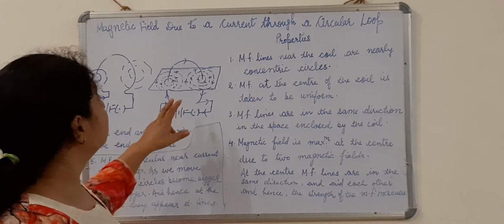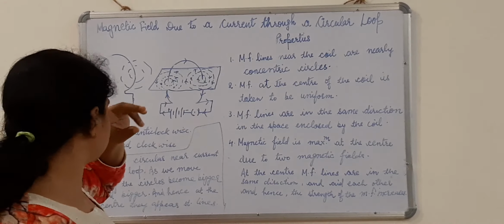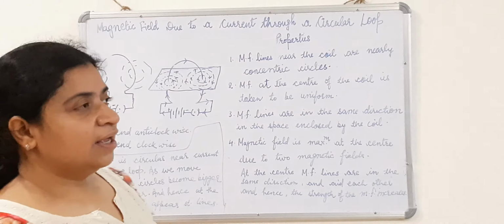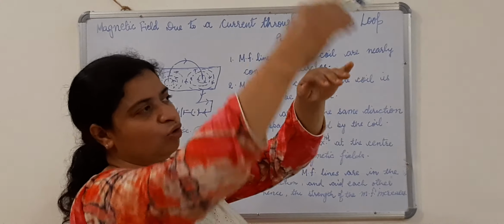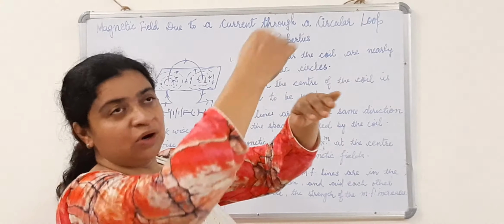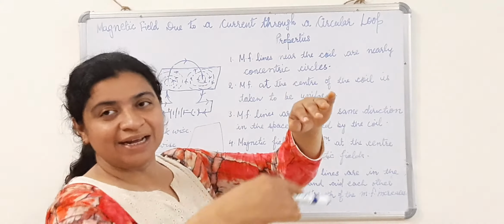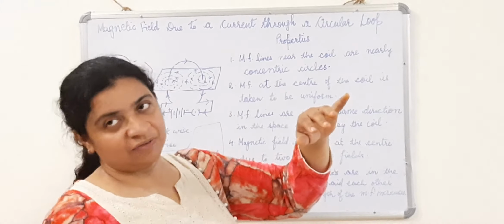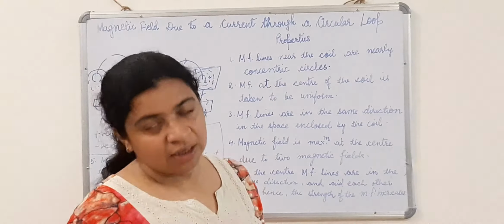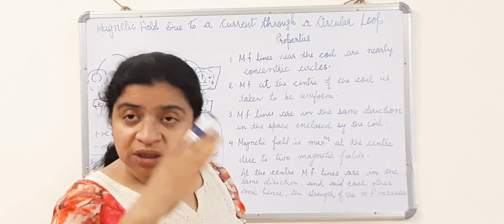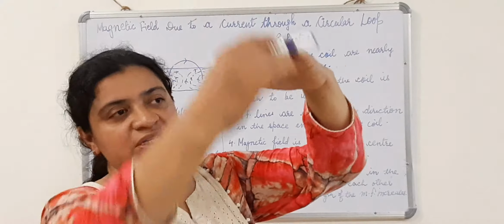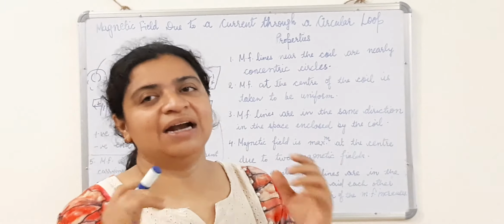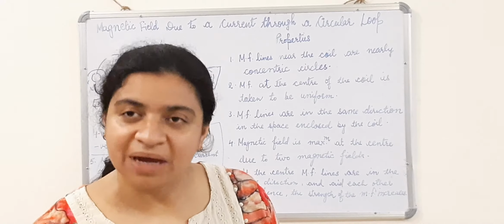Another point is that we can increase the number of turns of the coil. As I wrap the wire around my arm this way, the number of turns of the coil will increase, and in all the turns there will be magnetic field if we pass the current through that coil. Then in all the turns of the circular coil, that magnetic field will keep on adding, and hence that will increase the strength of the magnetic field.